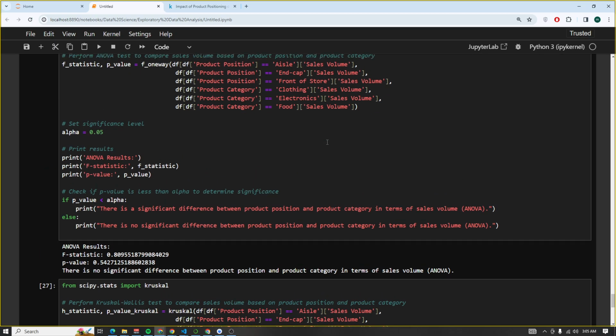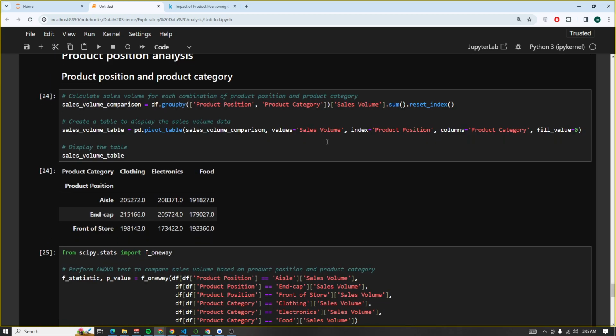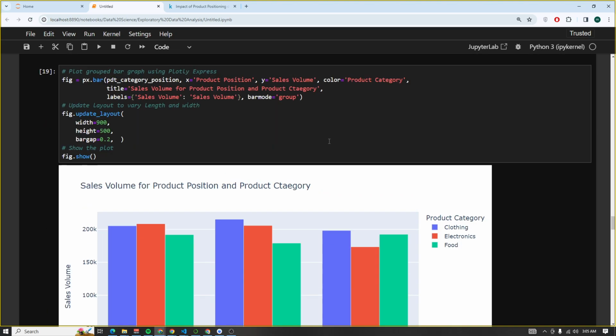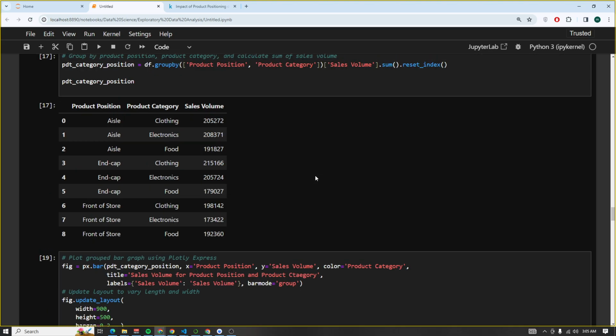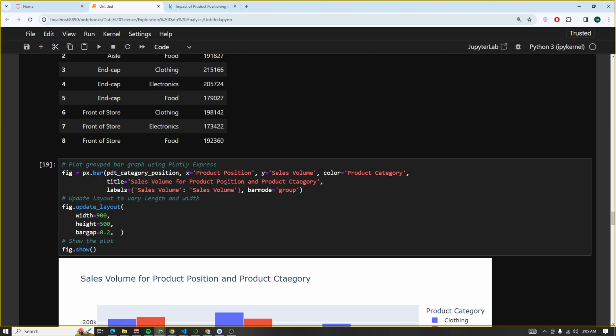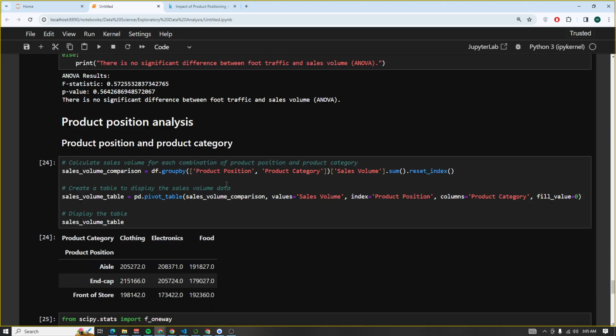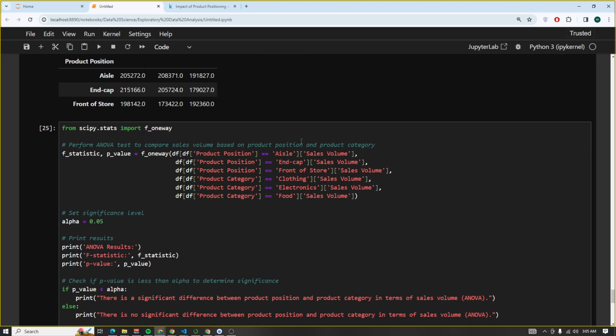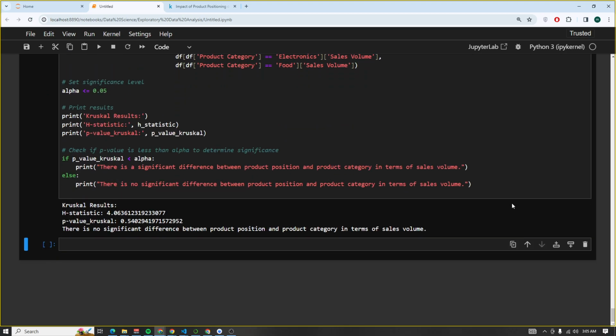But from the look of things, since the positions themselves, we didn't find a significant difference, we highly anticipate that when we even look at the individual positions themselves, we won't find any significant difference. So moving on to the next analysis that we can do for this case,